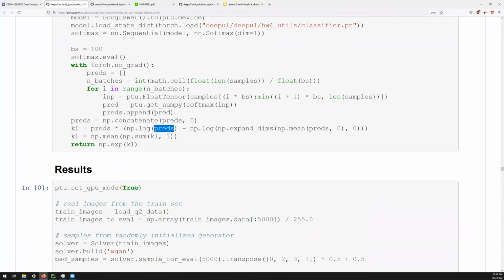You take the log of the predictions, and then the log of the mean of the predictions. So this gives you the entropy of how sure it is of the predictions,